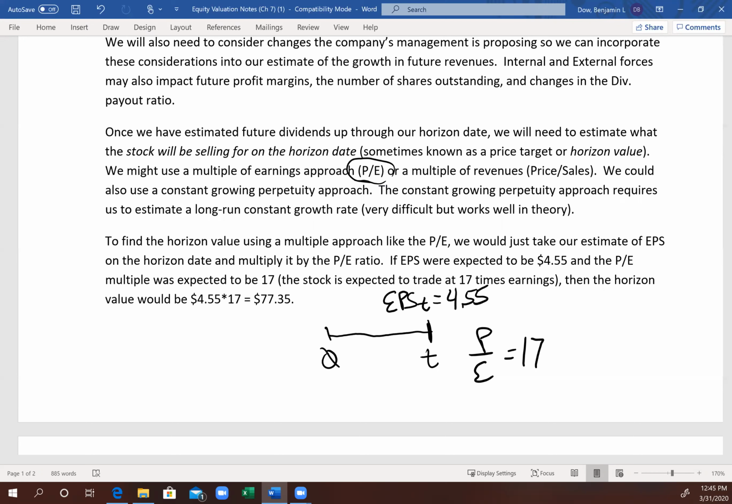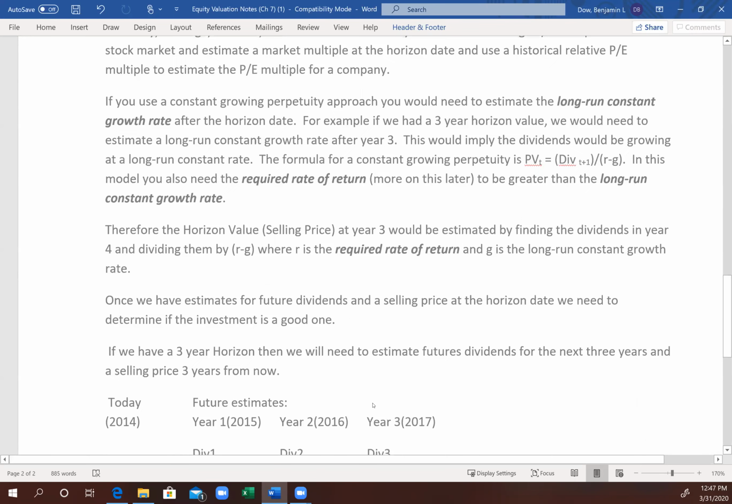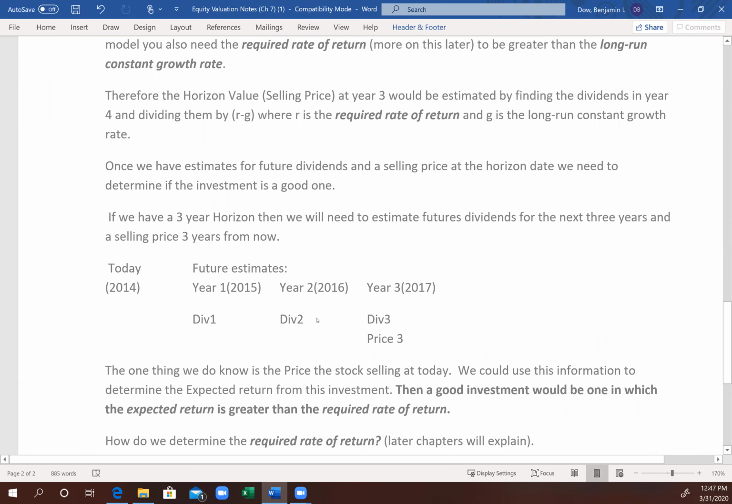But you can kind of see that what we're looking at, if today was 2014, what we're looking at is future dividends and the future selling price. Those are your future cash flows, and what you've got to figure out is what's the present value of those